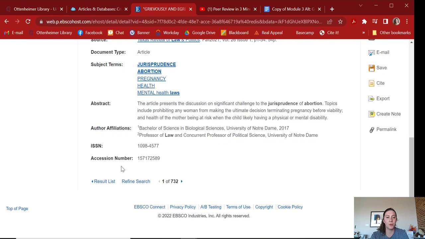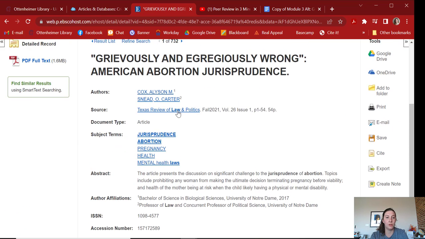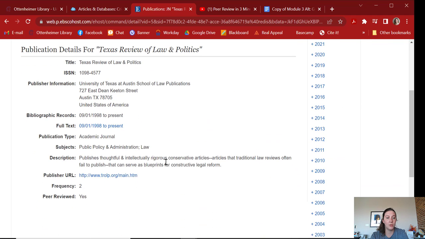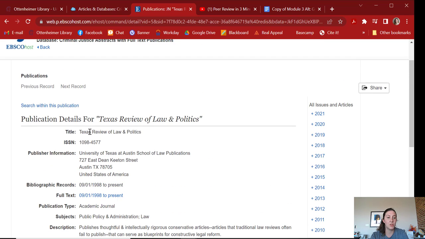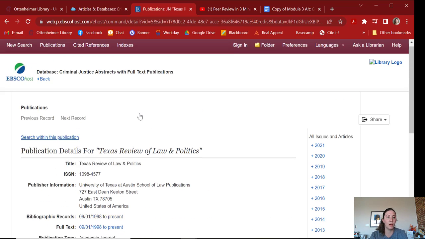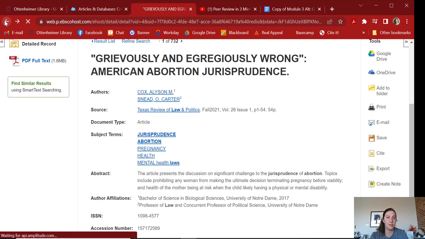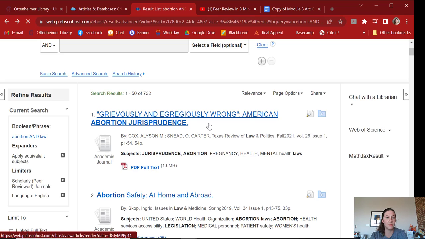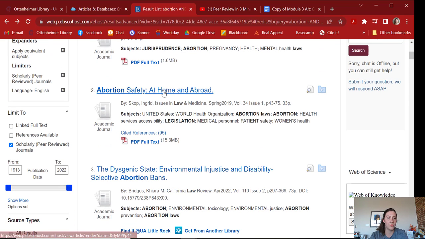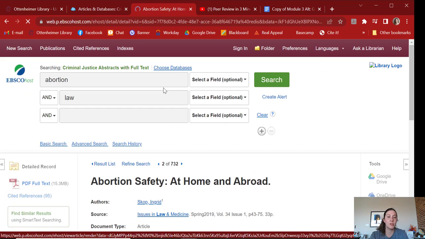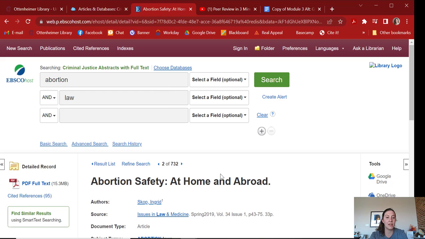This is where we can go through, and you see this one doesn't show that it includes peer-reviewed. But whenever you click on it and you look, it says that yes, it is. So this one is Texas Review of Law and Politics. I'm going to find something a little bit different, so it's a little bit easier for us, or so I can show you how to check and make sure that that is something that is peer-reviewed,